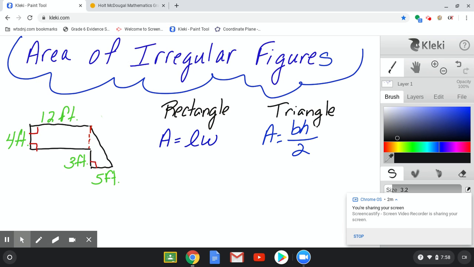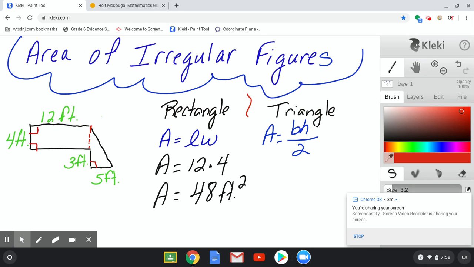So the area of a rectangle, it looks like we have a 12-foot by 4-foot rectangle. So my area is going to be 12 times 4. And 12 times 4, we should know, is equal to 48. All right. So the area for the rectangle, and area is always squared, is 48 square feet. All right. So now let's move over to our triangle. I'm just going to divide this a little bit. So now the area of our triangle,